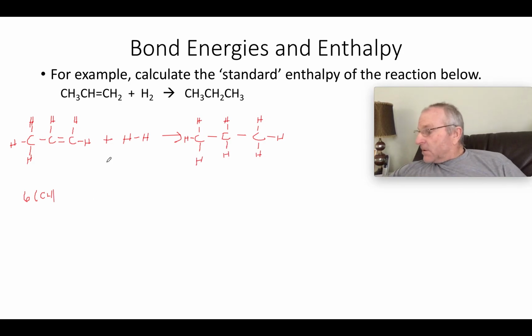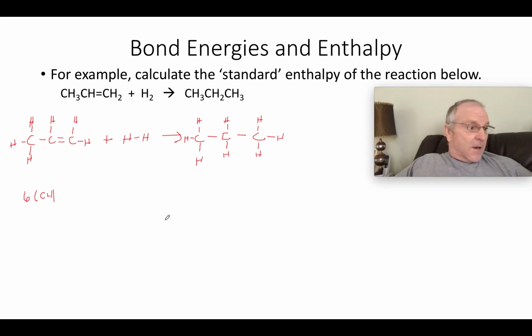I looked those up on that table of bond enthalpies that's a couple of slides up, but I can't get there from here. That was 413 kilojoules per mole. And there is 1 carbon-carbon single bond